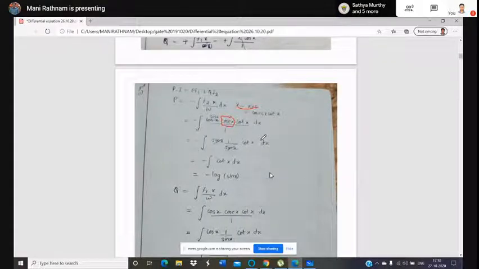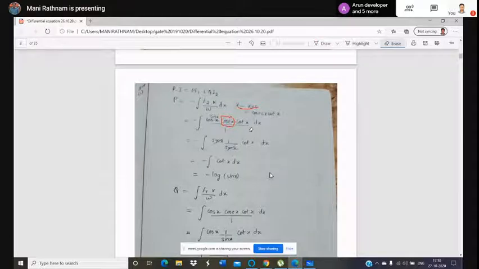Now we should use some trigonometric formulas to simplify this function, because we have to integrate here. Three functions are there: one is sin x, another is cosecant x, another is cot x. Is it possible to cancel any functions here? We have to first try that, then after that we integrate it. Because integration formulas are available for particular functions, you should bring the expression into that form inside the integration.